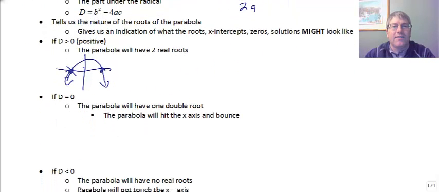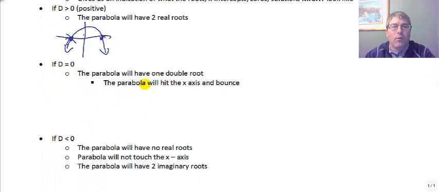If the discriminant is exactly 0, the parabola will have one double root, which means the parabola will hit the x-axis and bounce off. So here's our x and y axis. It'll just come and touch that x-axis and bounce off. And maybe there's our one root. It might look like that. Okay? Now it might look like this too. The important thing here is that whichever possibility we have, it only hits the x-axis once. It'll just hit it once and bounce. So these are two different examples on the same